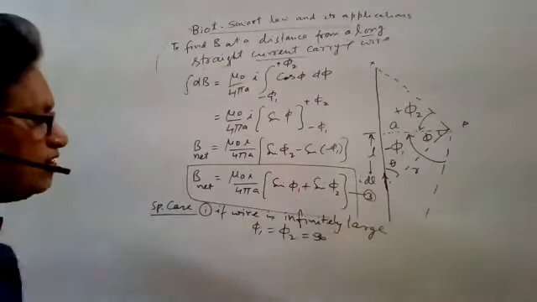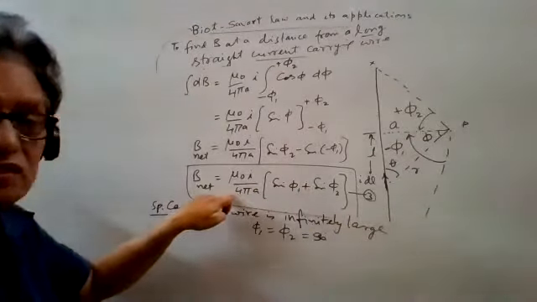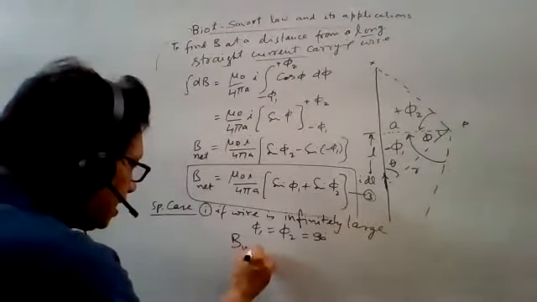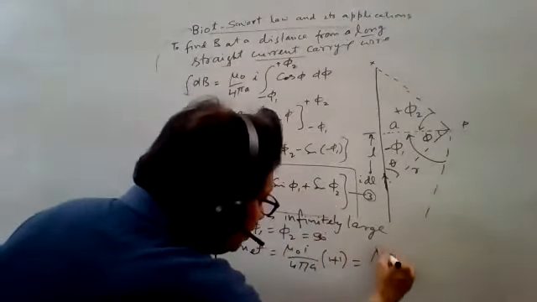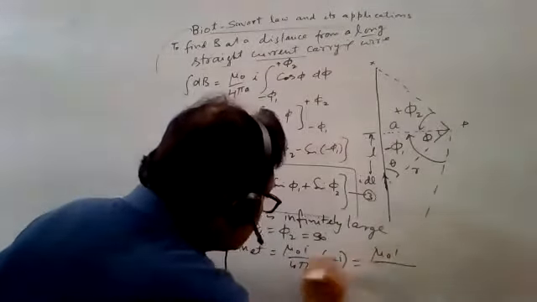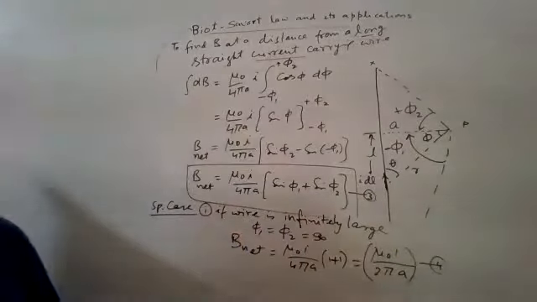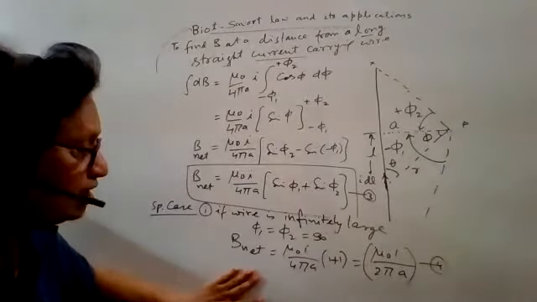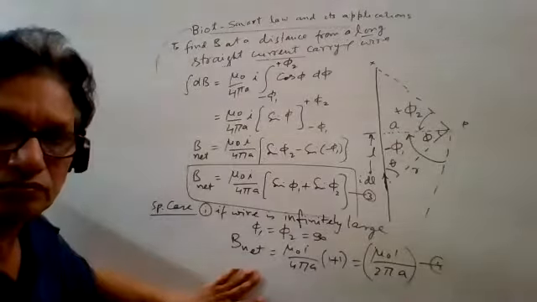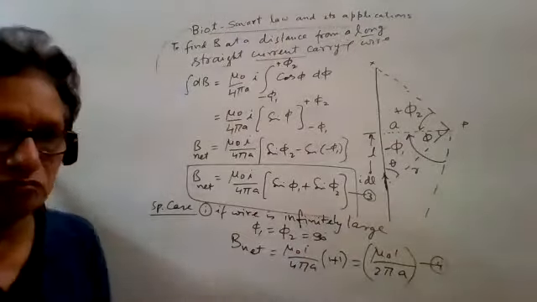If you put the values of phi 1 and phi 2, sin 90 plus sin 90 is what? 1 plus 1, 2. After this, we get here mu naught I upon 4 pi a, and here 1 plus 1. So simply by solving this, the 2 cancels out, so 2 pi a. This is the final formula here for an infinitely large current carrying wire. This is the final formula we are getting, mu naught I upon 2 pi a. Noted down?